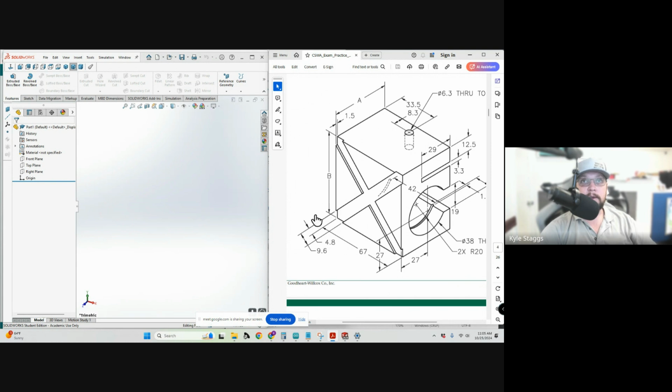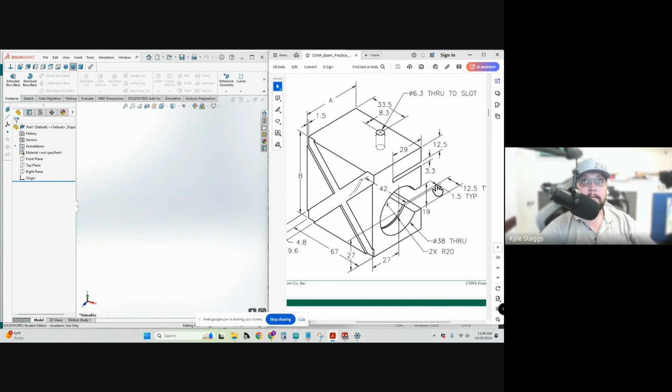There's also a trap right here that students fall for all the time. There's a key piece of notation here. There are 2 of these with radius 20, meaning 2 of these channels with radius 20 and thickness 1.5 millimeters. So there's one here, there's one here. They have a separation interior of 12.5 millimeters, but that is to the inside edge. And then from the inside edge to the inside edge of the second one is 42 millimeter spacing. That's important for the center of mass to get it correct. That's one of the key